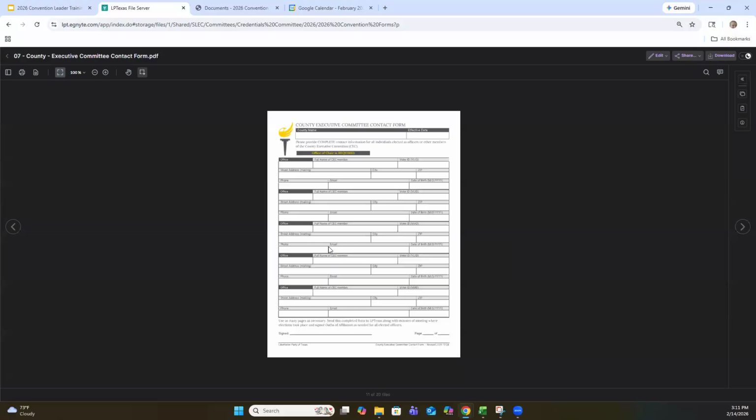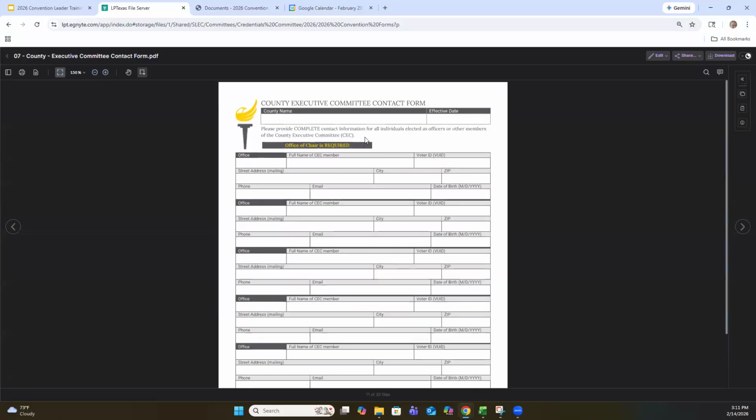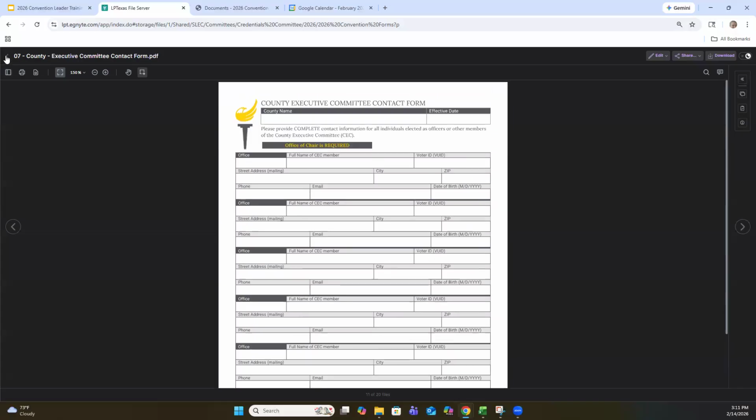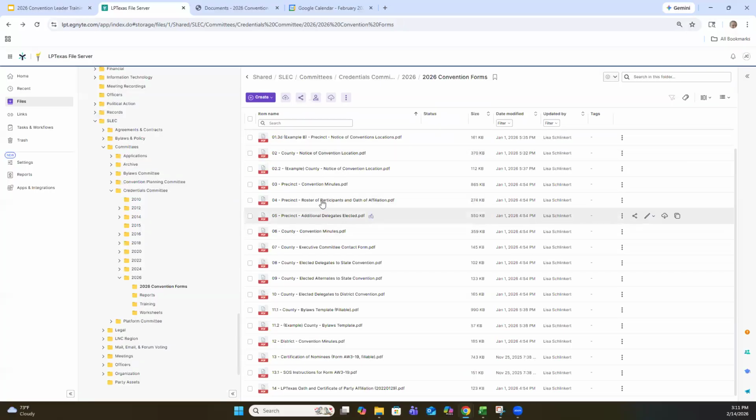Even though it's in the minutes, who you elected as county chair or whatever, this form still needs to be sent in with at minimum the chair and signed. And then you have also elected delegates to state convention, elected alternates to state convention, and then elected delegates to district convention